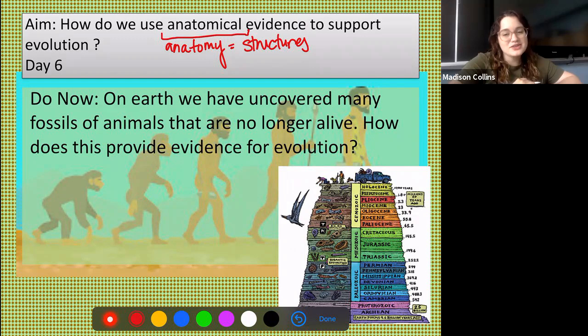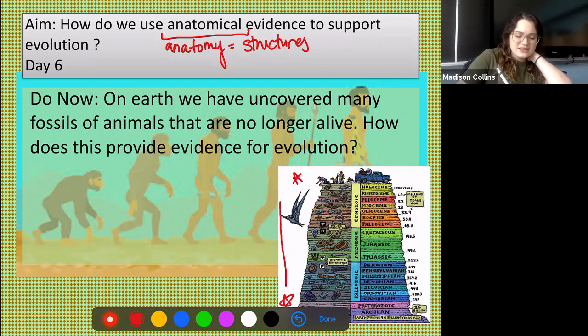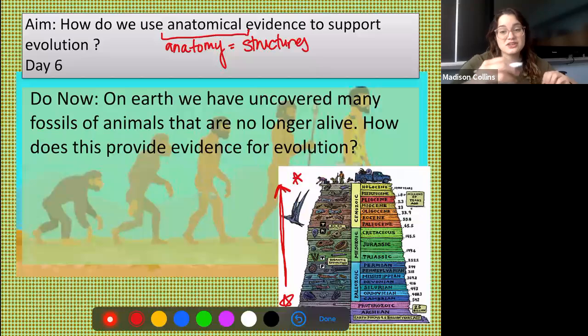All right. So, on this image, you can see a caricature or a cartoon of what that fossil record looks like over time. At the very bottom, we're going to find the oldest structures, the oldest fossils. And then up here at the top, we find the newest structures or the newest fossils. We can see, looking at that fossil record, how these species have changed and evolved over time. We can literally see that change happening as we examine the fossil record and see what structures are present in